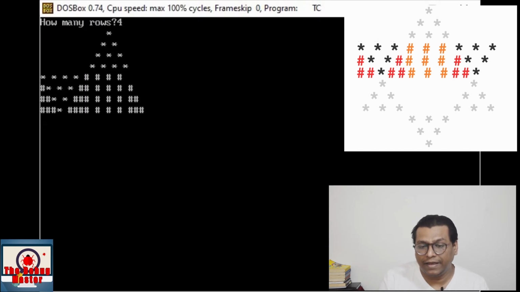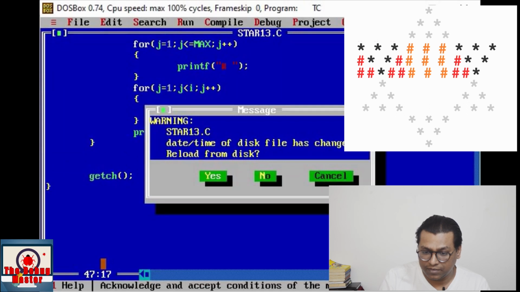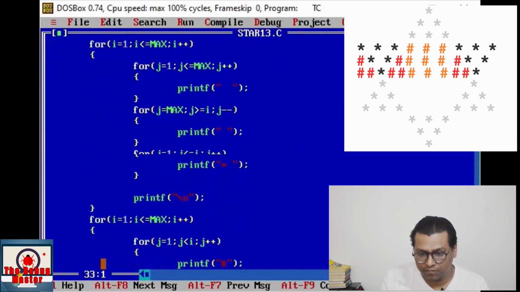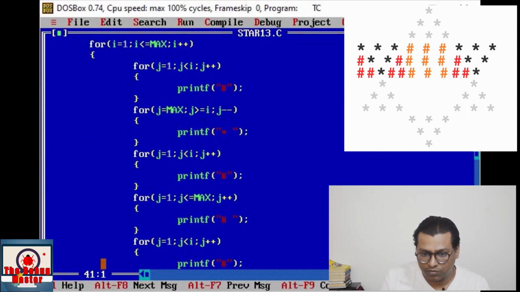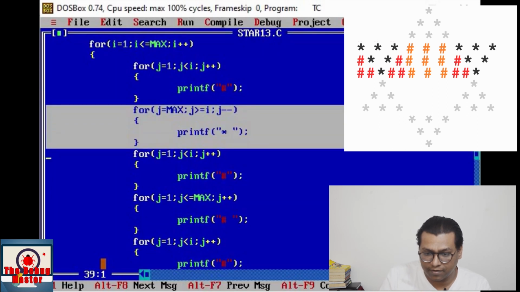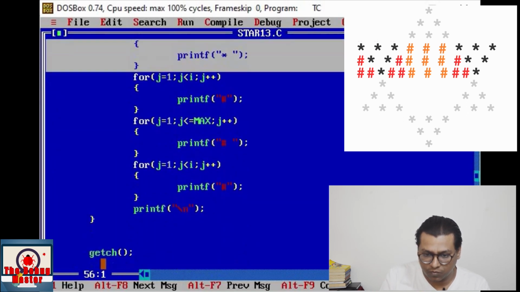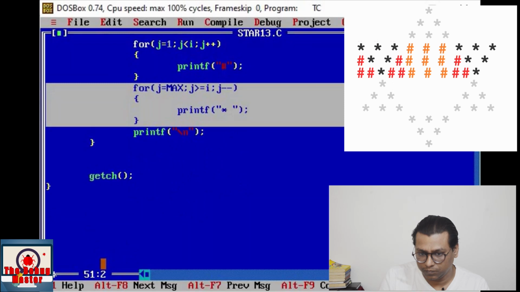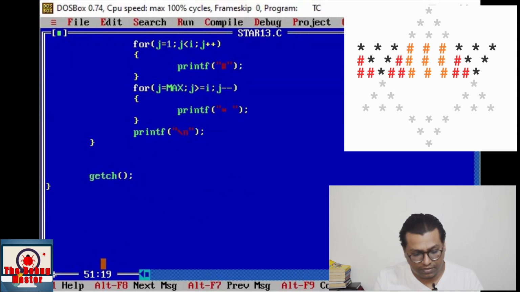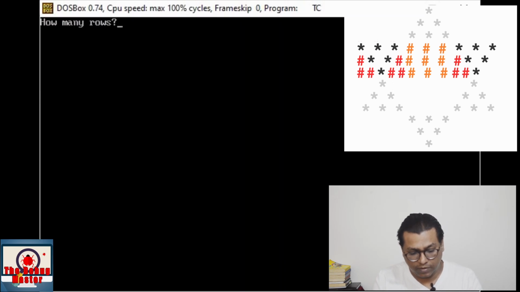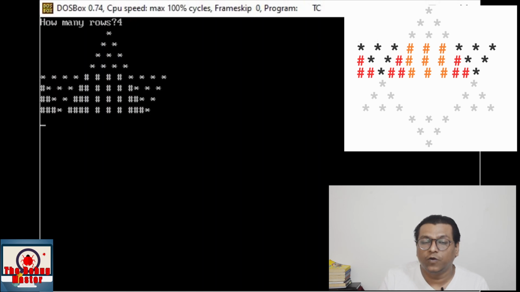Got it? And the next part of star is again same, which is printed over here. So simply copy this star pattern from here and paste it over here. Save it and run. Got it, friends?